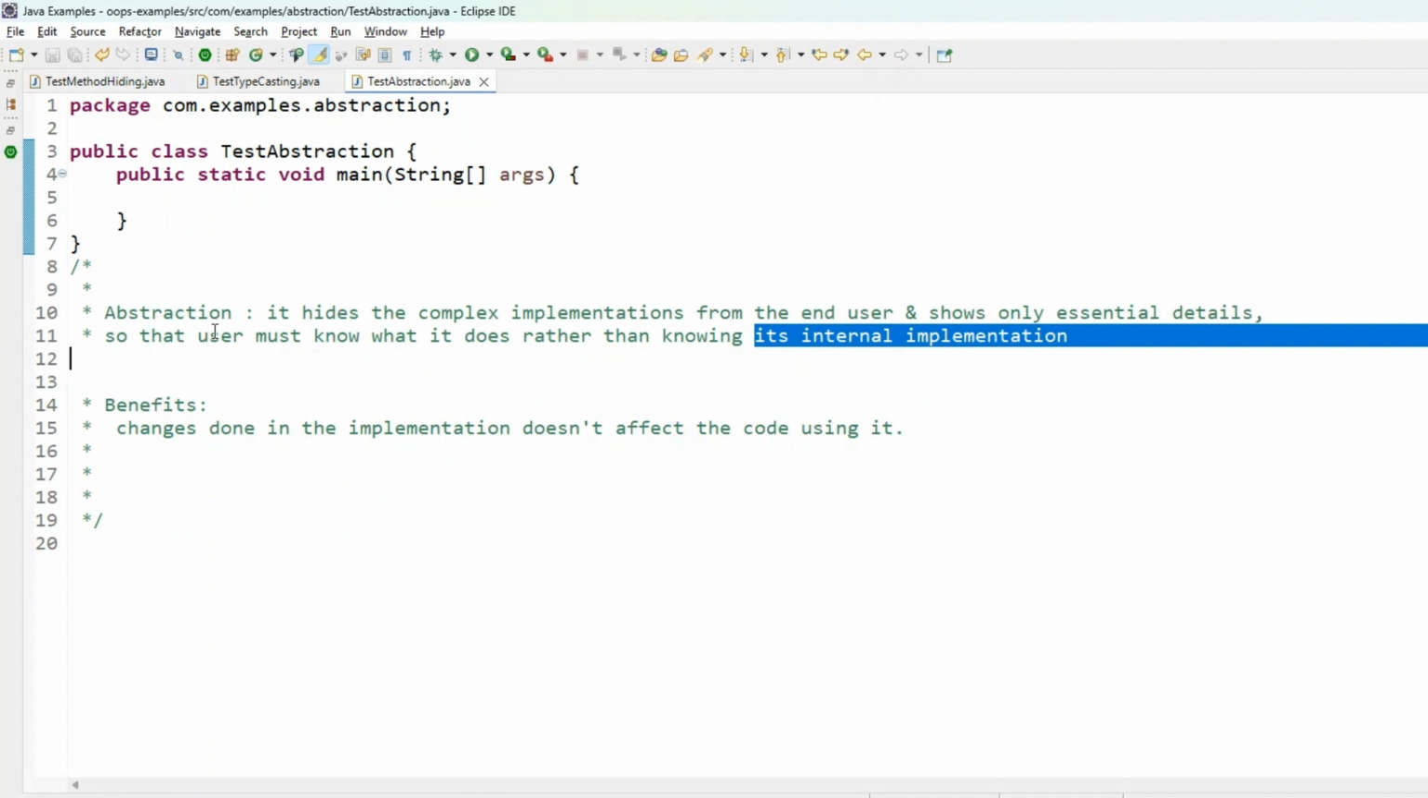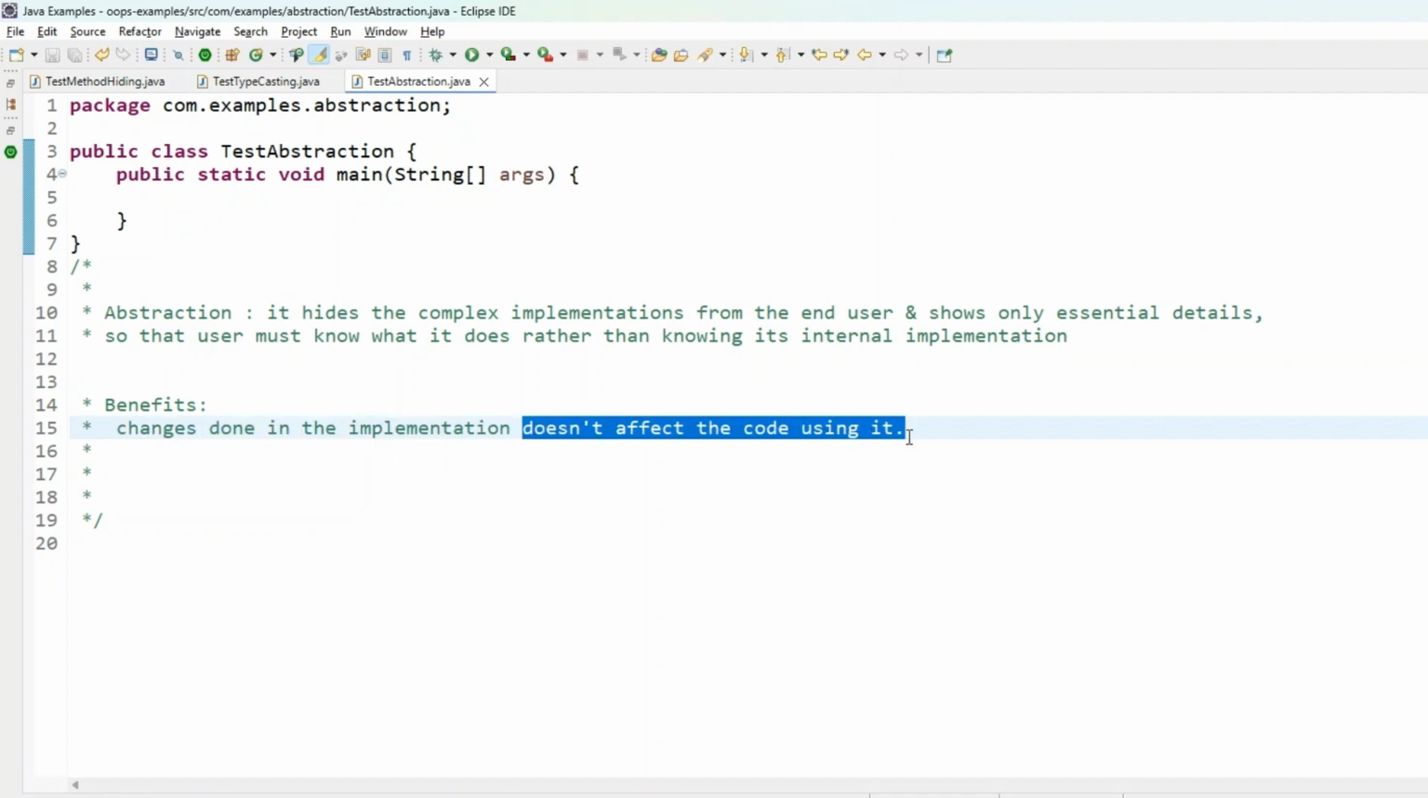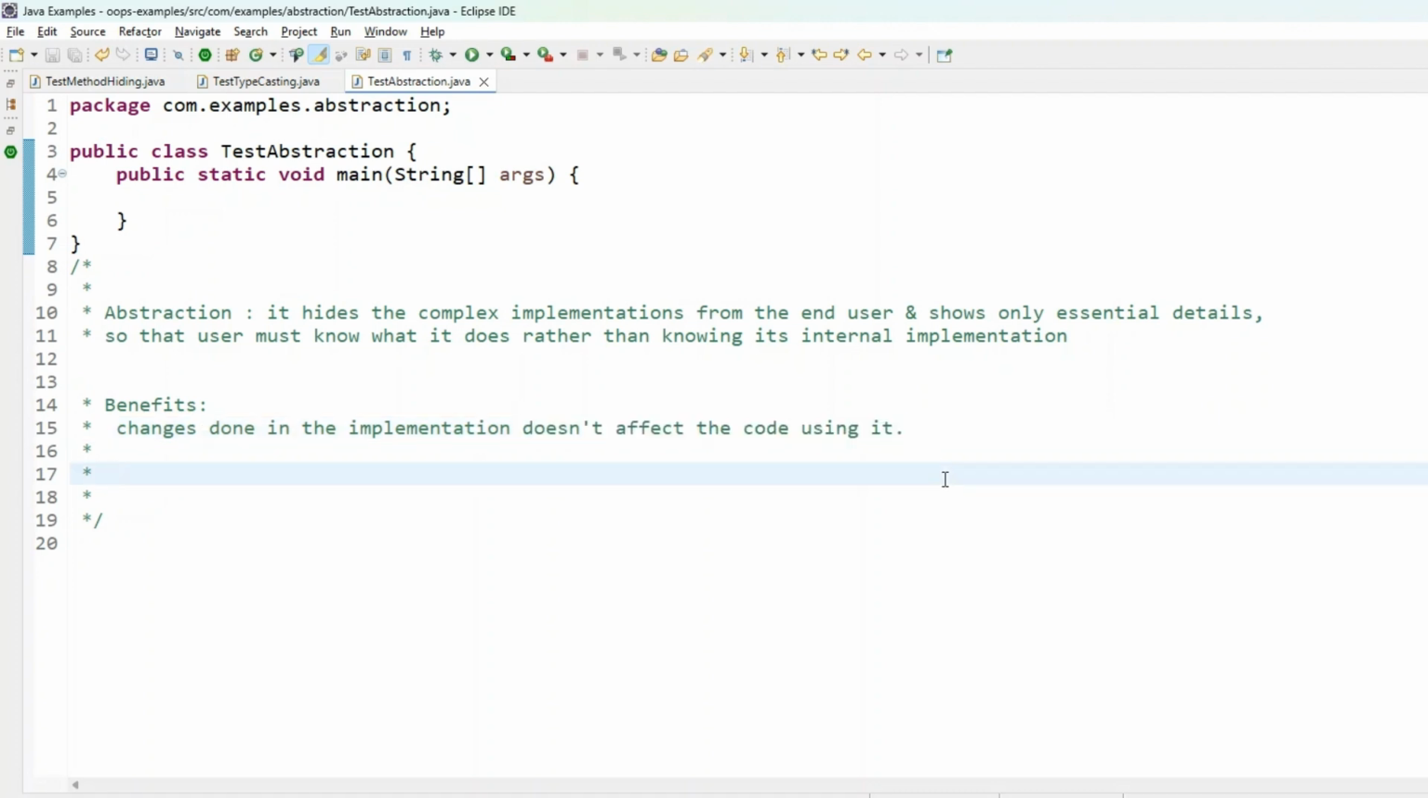The benefit you get from abstraction is that whatever changes are done in the implementation don't affect the code using it. When multiple developers are calling a method, the changes done in that method should not affect these developers' invoking code. To understand abstraction, let me take an example of a driver who drives a car, and